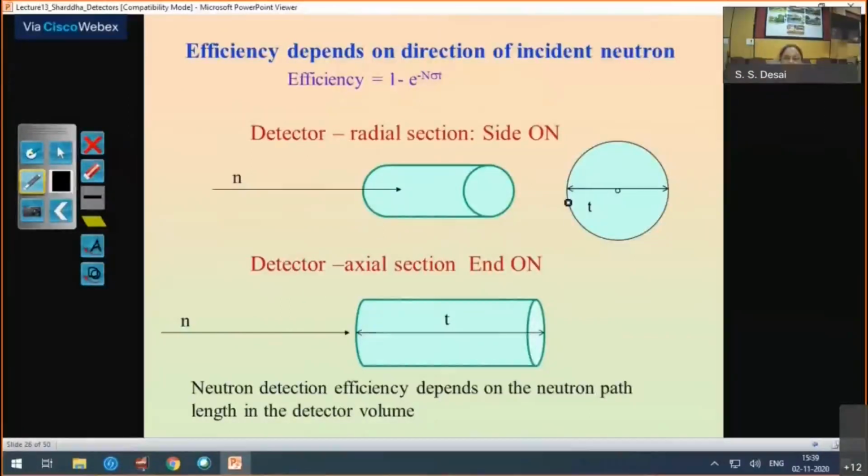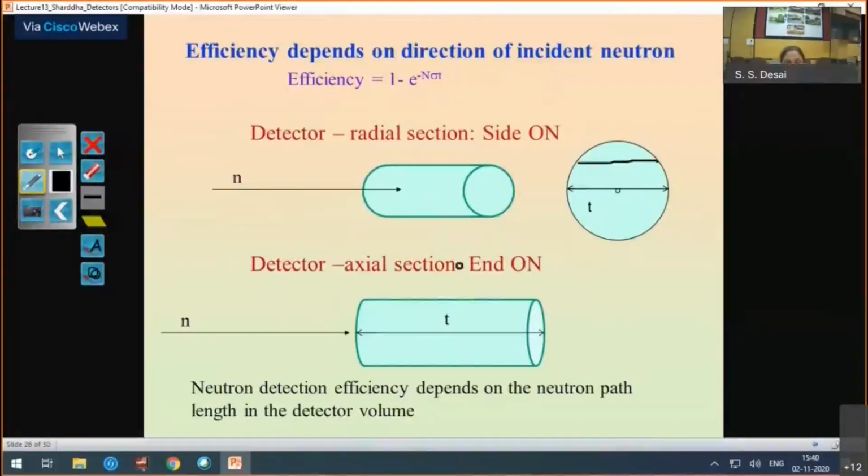The distance traveled by a neutron in the detector volume is along the chord. I have considered this one because it is the biggest chord, along the diameter. If it is here, then it shows a smaller chord. So in this direction, when the neutrons are incident, t varies from the diameter down to smaller values,